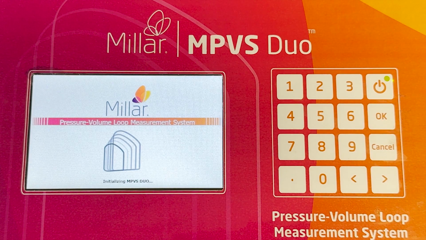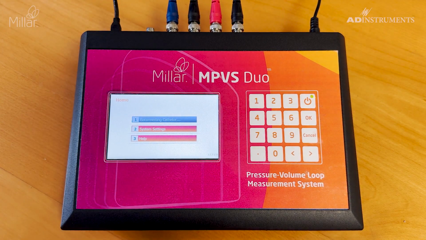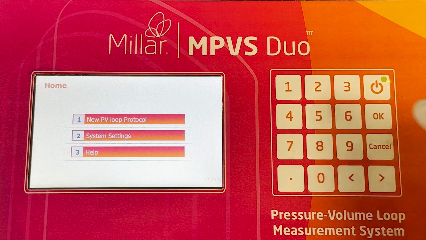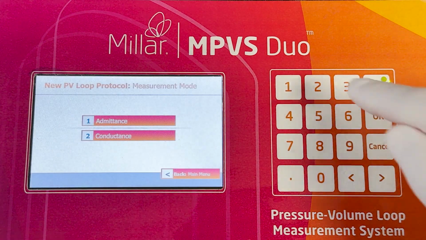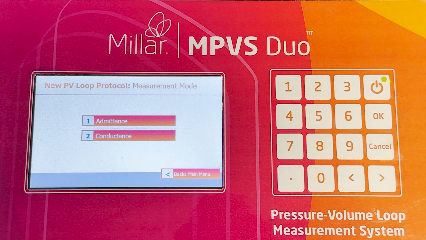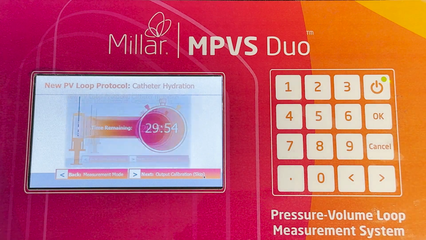Once the MPVS Duo has initialized and with the catheter connected, press 1 to start a new PV loop protocol, and then again on 1 to select admittance. You will now be prompted to soak the catheter for 30 minutes. If the catheter has already been soaking for 30 minutes, you can press forward arrow to go to the calibration